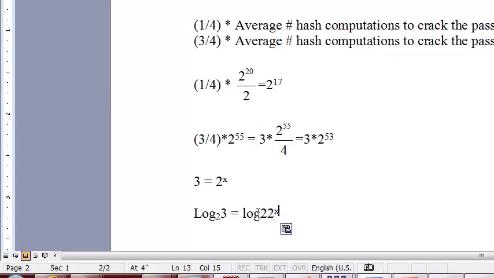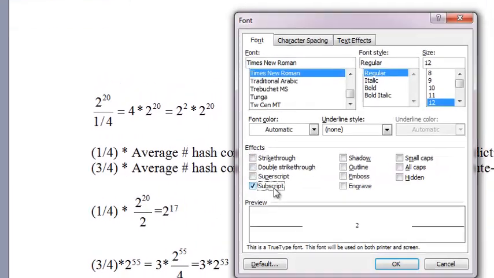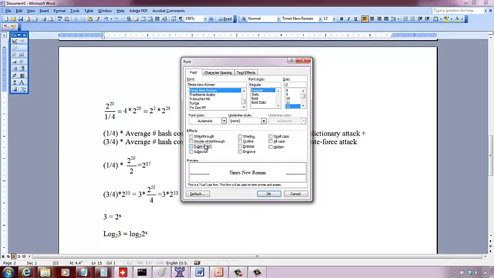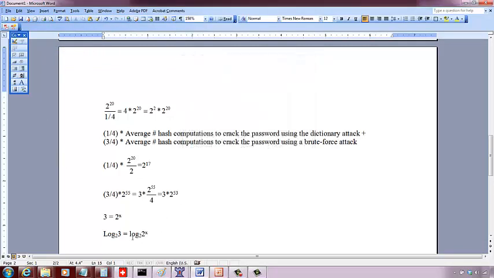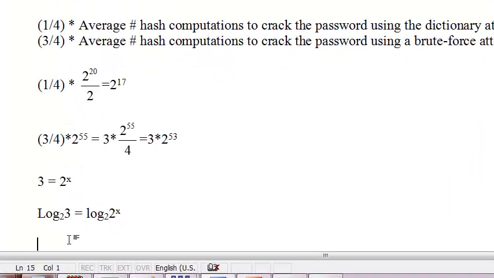This. Okay, so basically now from logarithms, we know this term could be written as x times log 2 to the base 2, so x is going to be log 3 to the base 2,